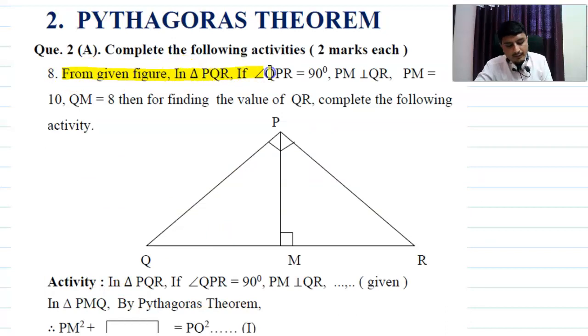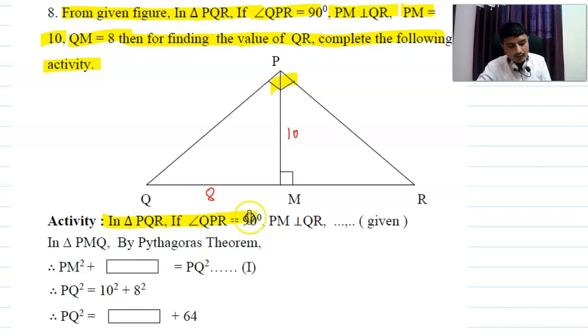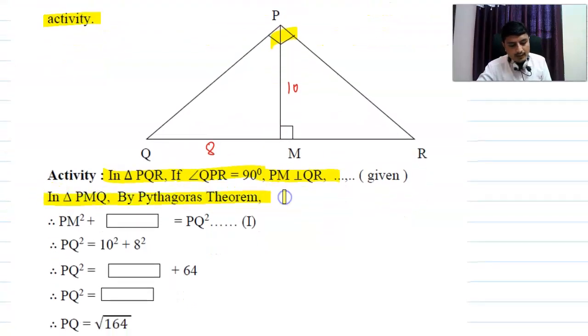From the given figure in triangle PQR, we have angle QPR equals 90 degrees. PM is perpendicular to QR. PM equals 10, and QM equals 8. For finding the value of QR, complete the following activity. In triangle PQR, angle QPR equals 90 degrees, PM is perpendicular on QR, so by using the Pythagoras theorem in triangle PMQ,